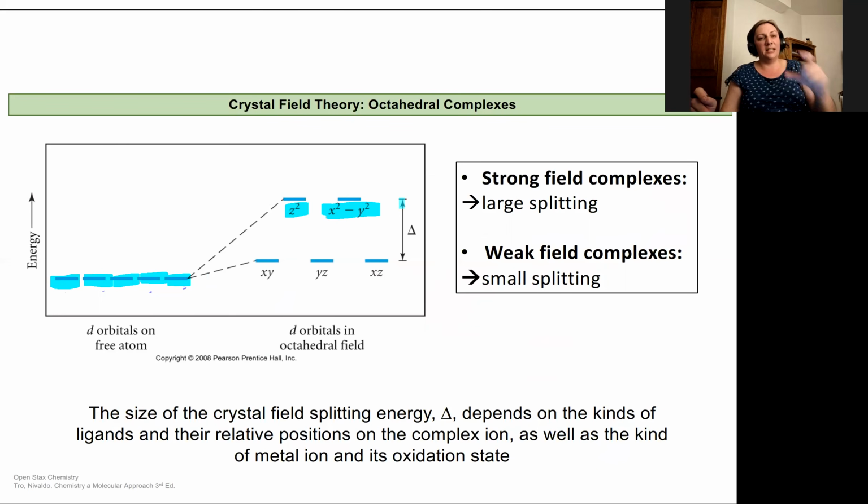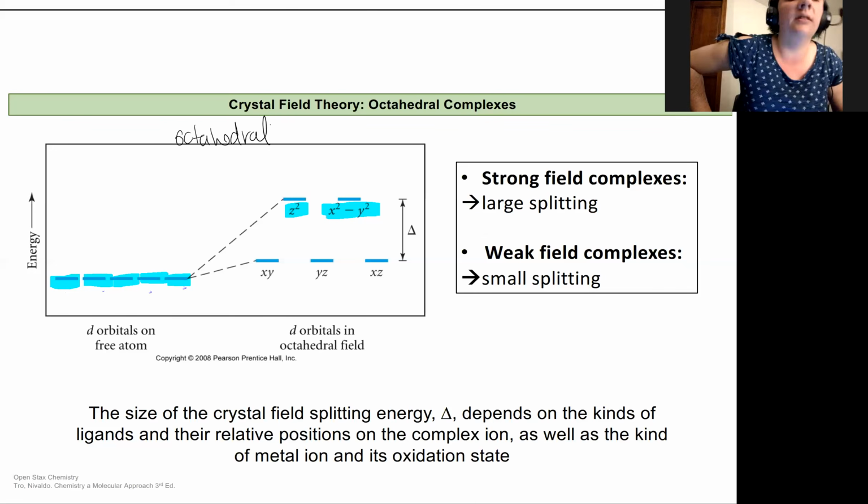And the splitting is coming from the orbitals' energies being different, and there being a split between the d orbitals. So we have 2 that are higher in energy and 3 that are lower. And this is going to look the same for all octahedral complexes. It'll be different when you change your geometry because the ligands are going to be coming in at different angles relative to one another and relative to those orbitals in the dx squared or in the x, y, and z